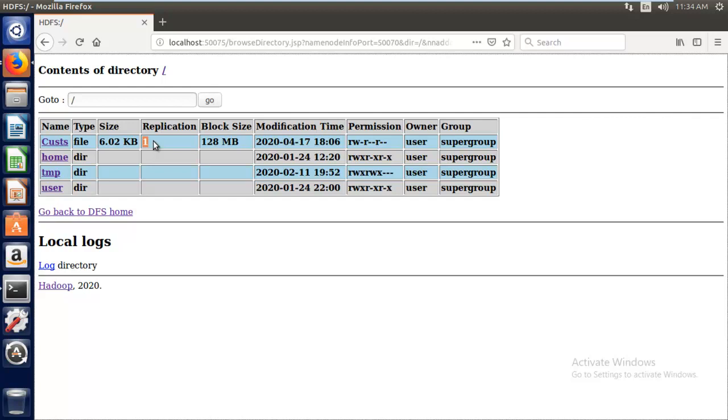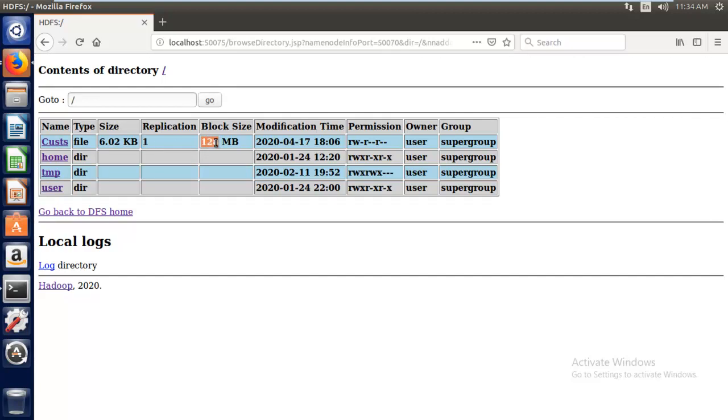Why? Because this is a single node machine, so I do not have any rack awareness concept here. I have not implemented that. It's just a single machine. I do not have multiple machines with multiple nodes, I mean to say multiple racks. So maintaining multiple copies is not a good idea, right? That's the reason I am maintaining the replication factor as 1 here.